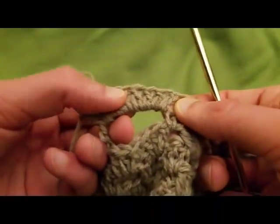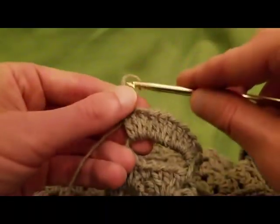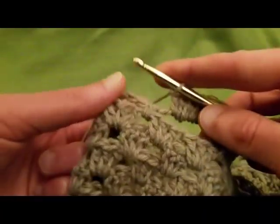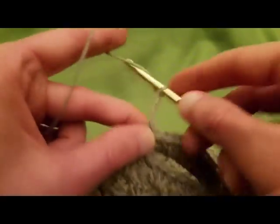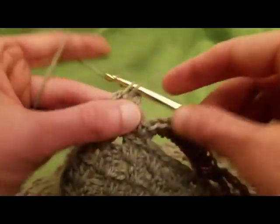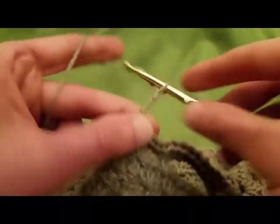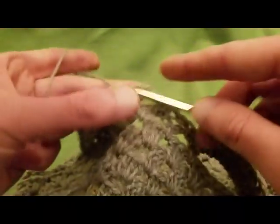Just do a quick double check. 4, 7, 8, 9, 10. Perfect. Single crochet into the next chain 1 space, chain 4, single crochet into the next space, chain 4, single crochet into the next space,